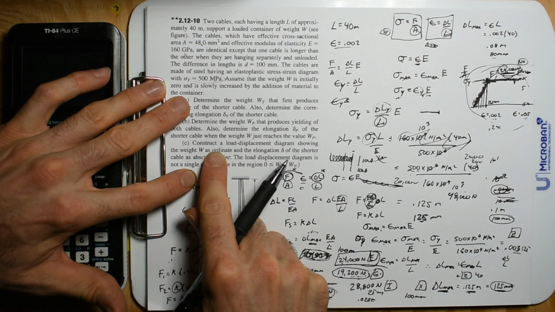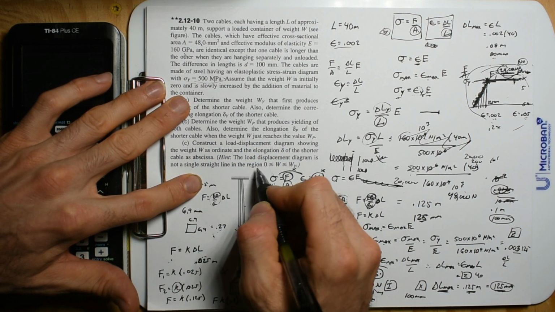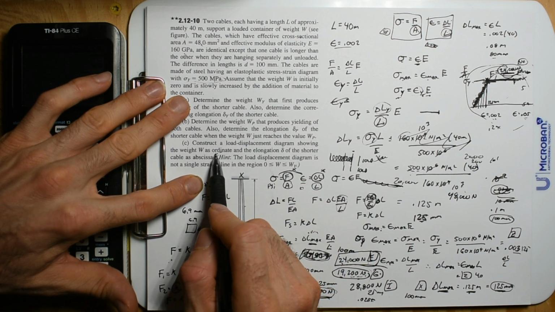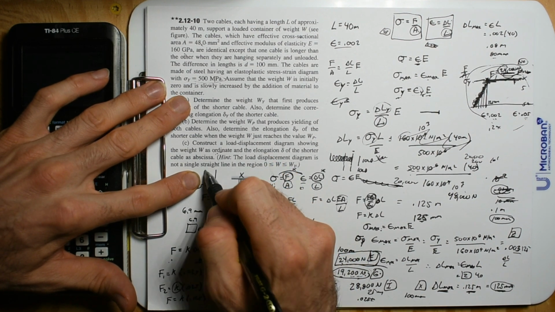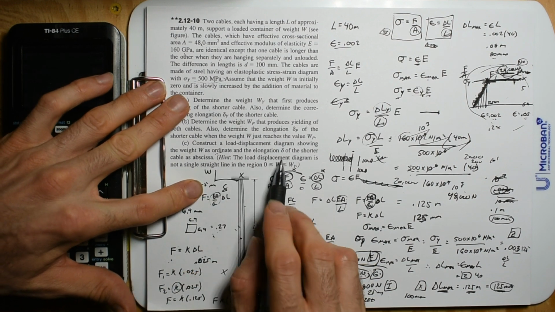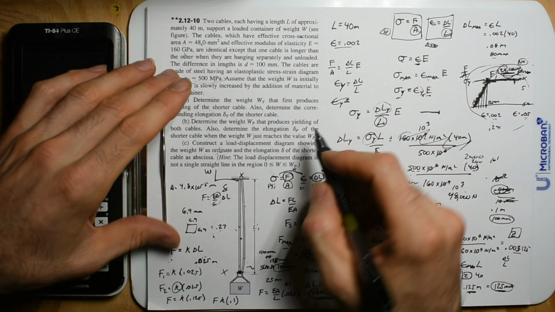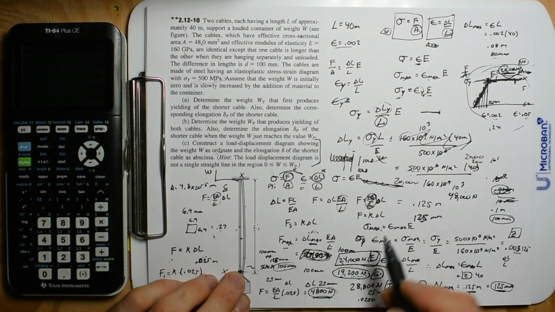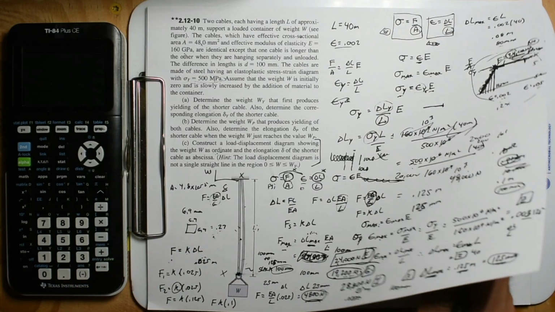And now it says construct a load displacement diagram showing the weight as ordinate. That just means on the y-axis, so it's usually going to be weight up here and then delta down there. And then do that. I think even that's probably the hardest part of this. It's not very hard at all, because you're going to have linearly